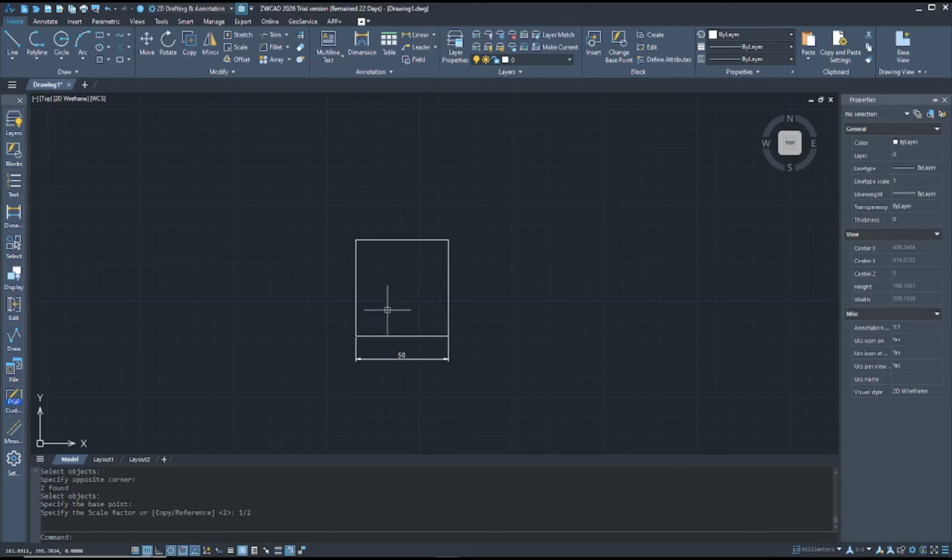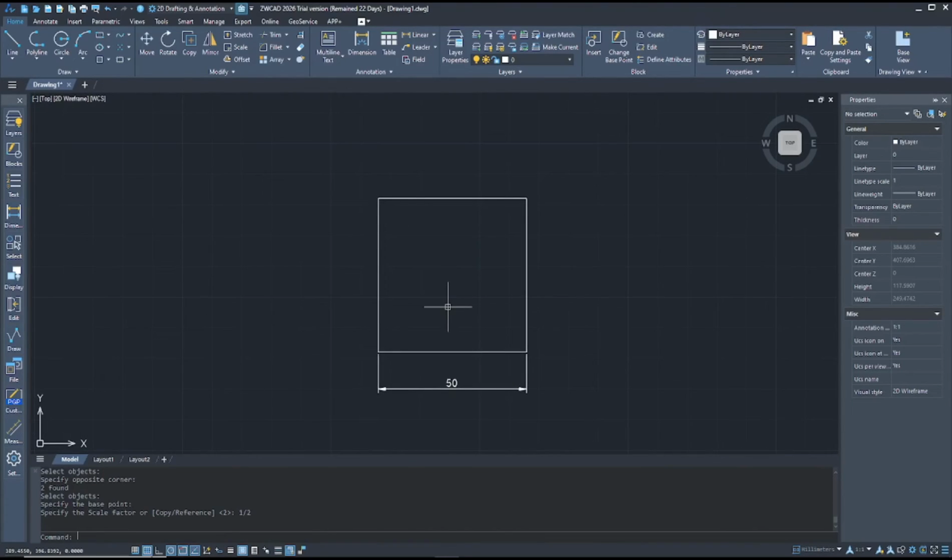Okay, that's it for a basic ZWCAD tutorial, how to scale a